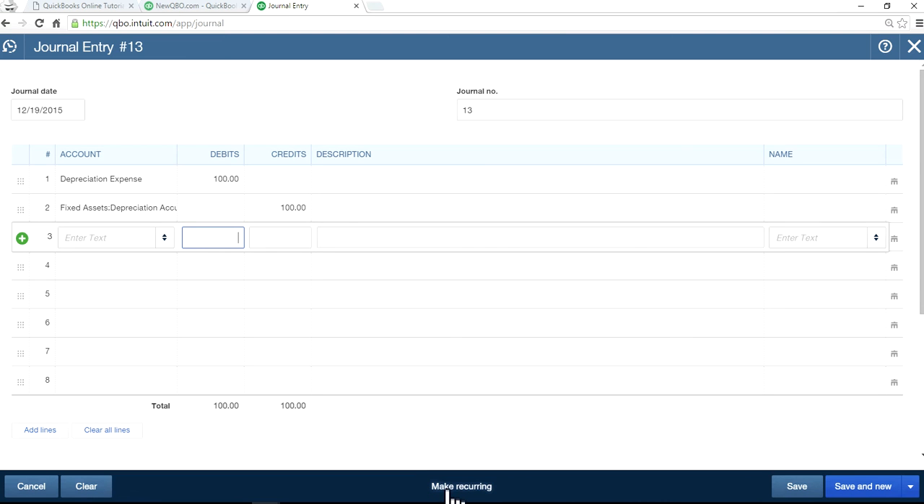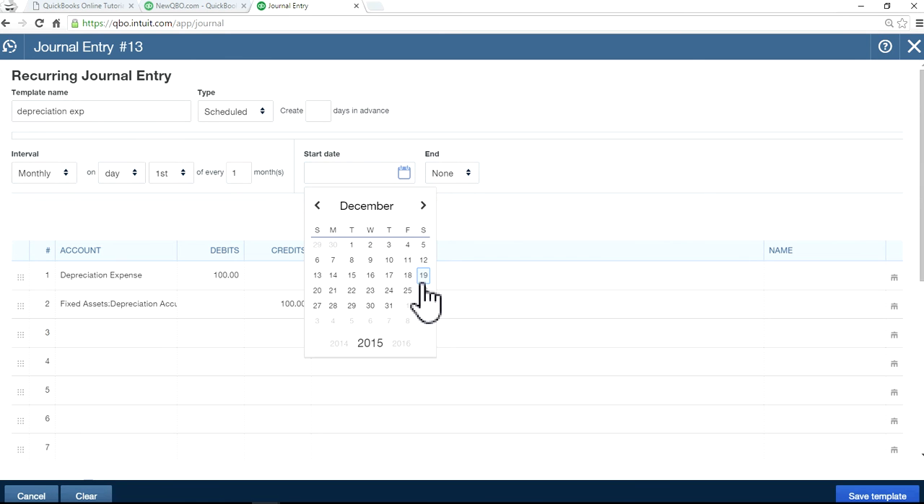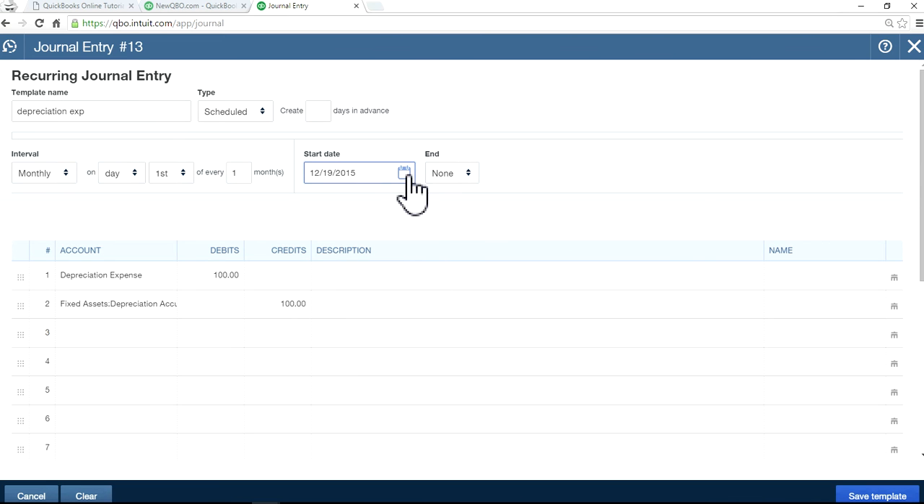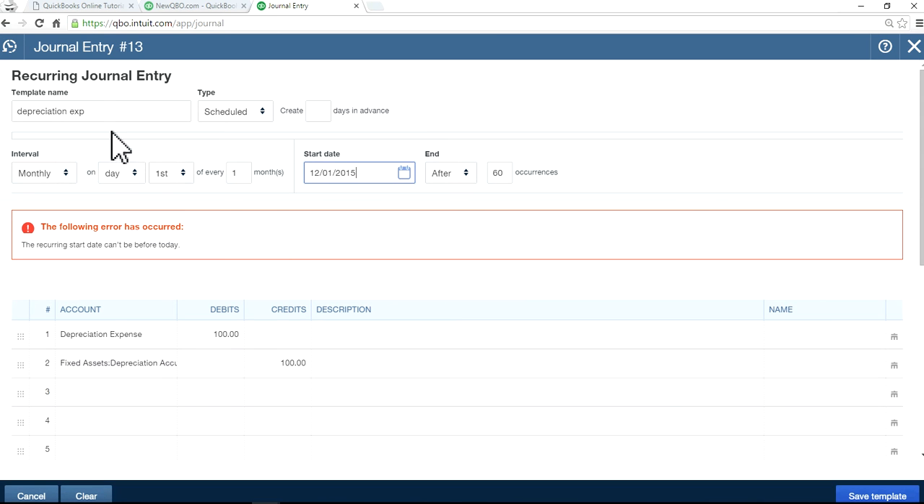Now say you want to make a recurring journal entry. Just click this one and you want to start. Let's say you want to do it on the first of every month, and you want to do it for 60 months, 5 years. Save template. So every month on the first day, it automatically